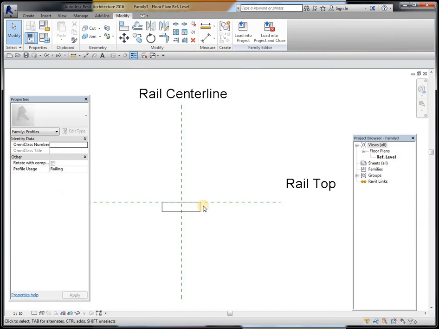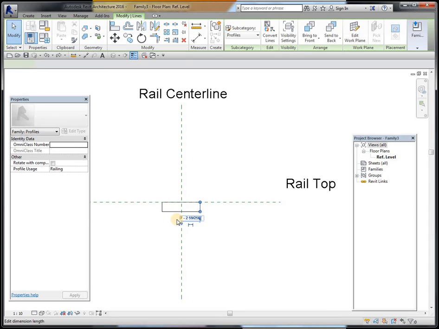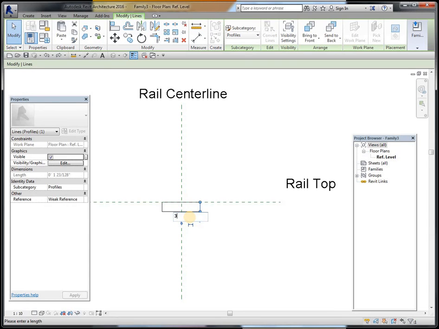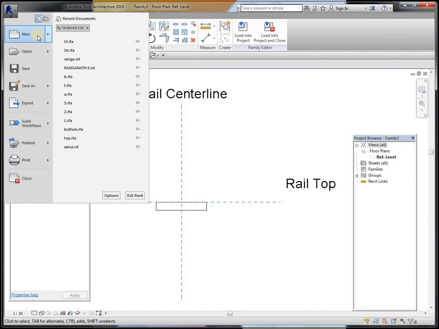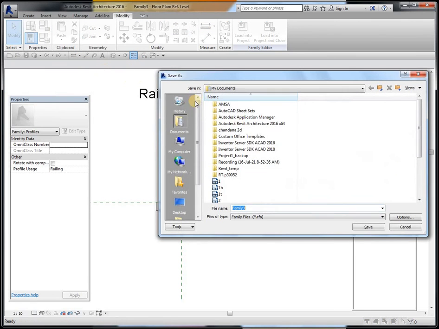Then this side entire will be 6 inches, and then select this one, that is 1 inch. So then this also, go to file, save as, family, 3 bottom, then save,